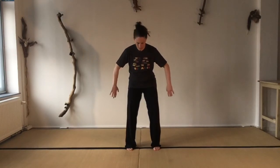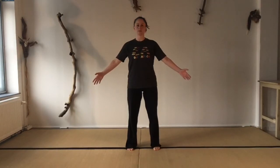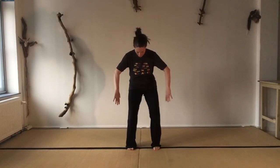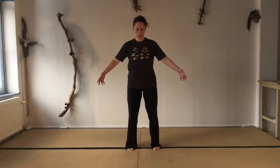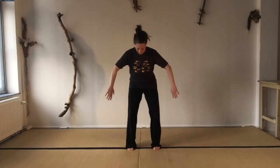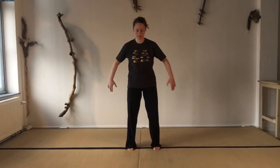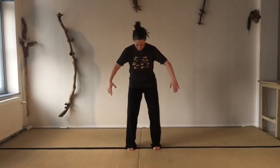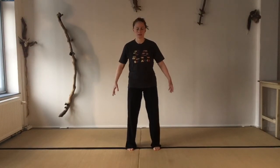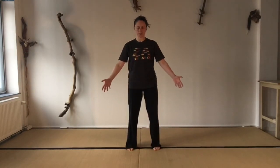And take your time to really give the space to all the vertebrae in your spine, to really give it the time to untangle, open the front, opening the back. It's almost like a lazy seaweed motion. See if you can connect it to your breathing, turning in the arms, turning out the arms,